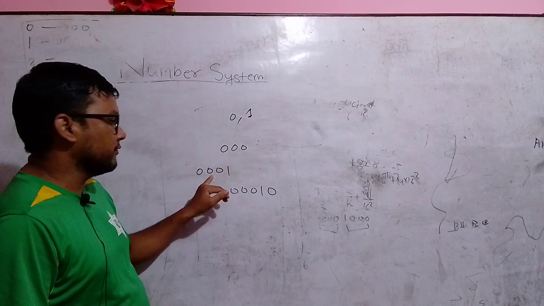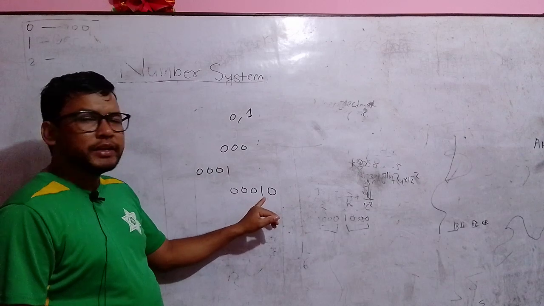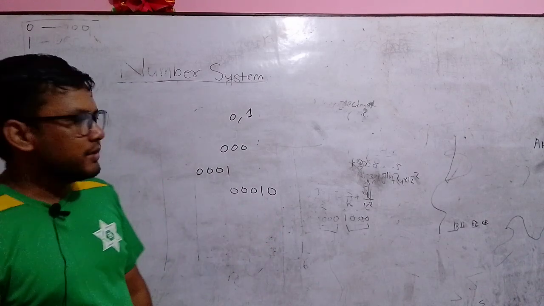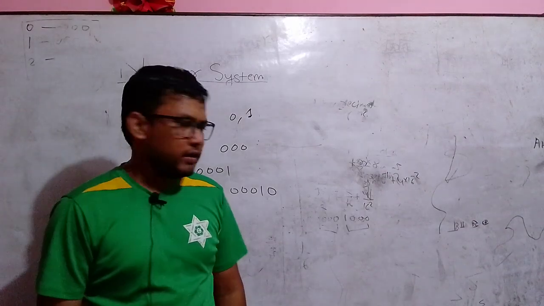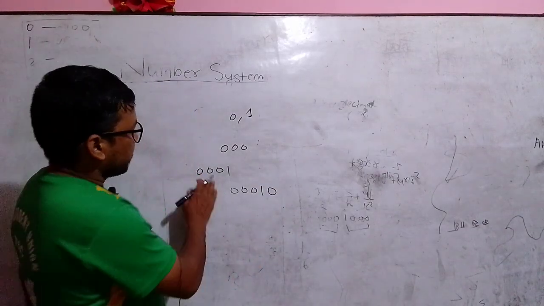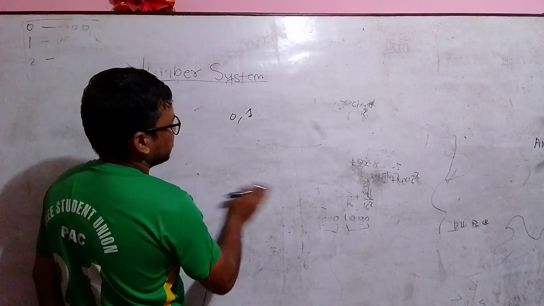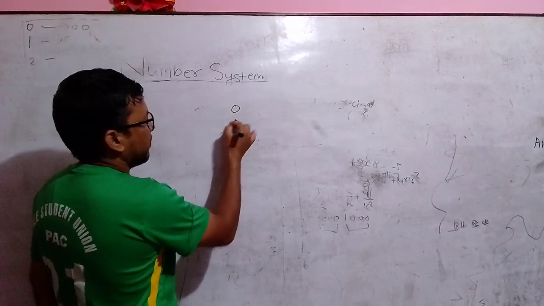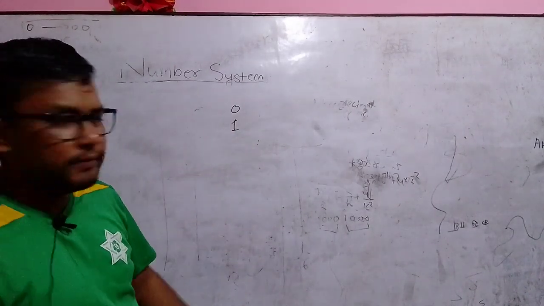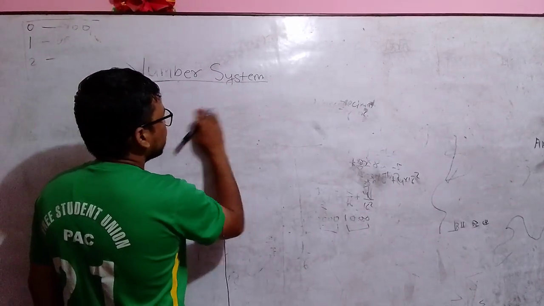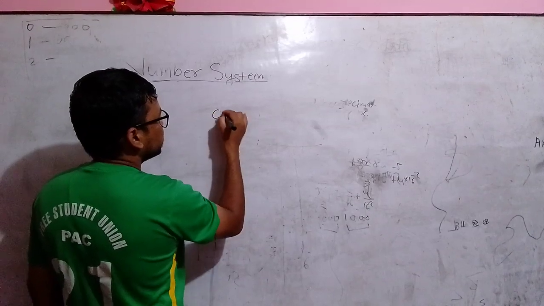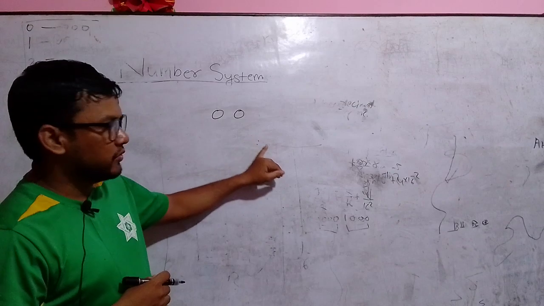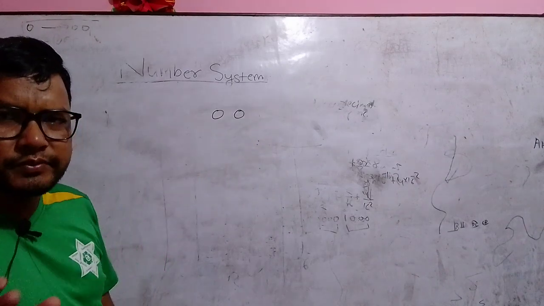This number is made from 4 binary digits. This number is made from 5 binary digits. That means how to perform the binary counting. Now let's start. If we take a number of 1 digit, then we can only count 0 and 1. Now if we take a binary number of 2 digits, look at here how to perform this counting. To perform this counting, every counting begins from 0.